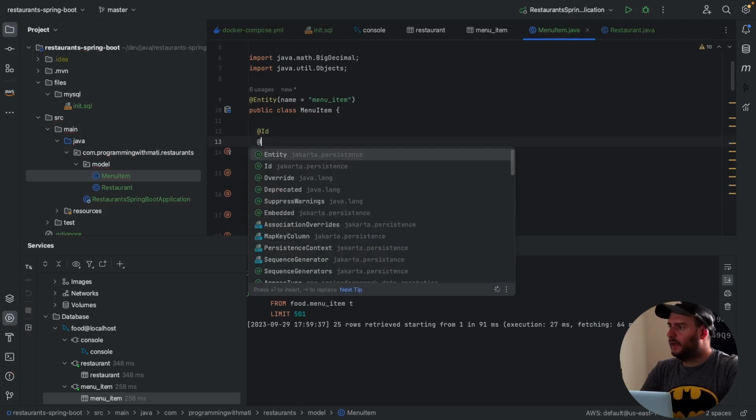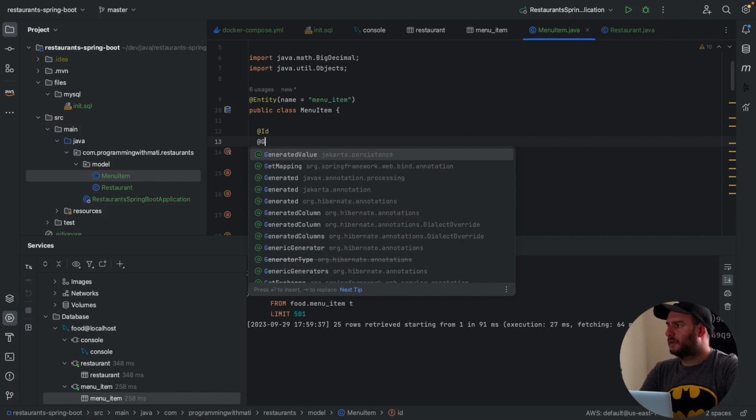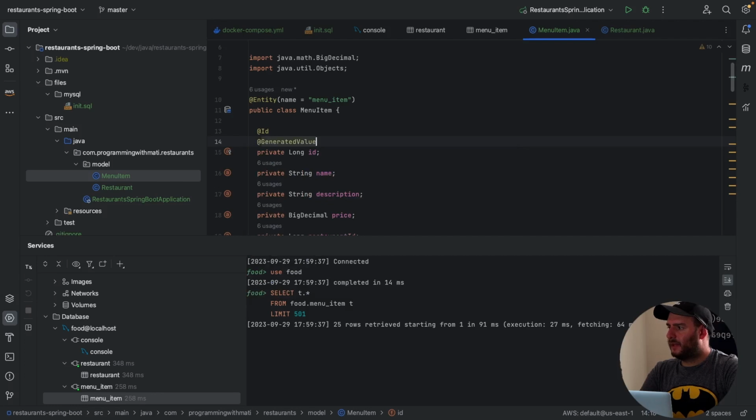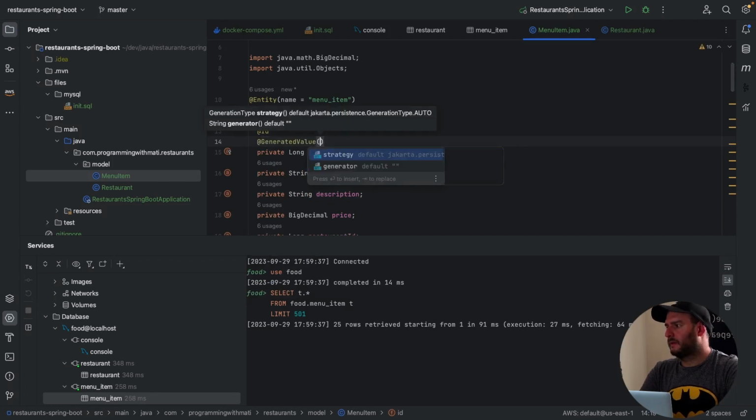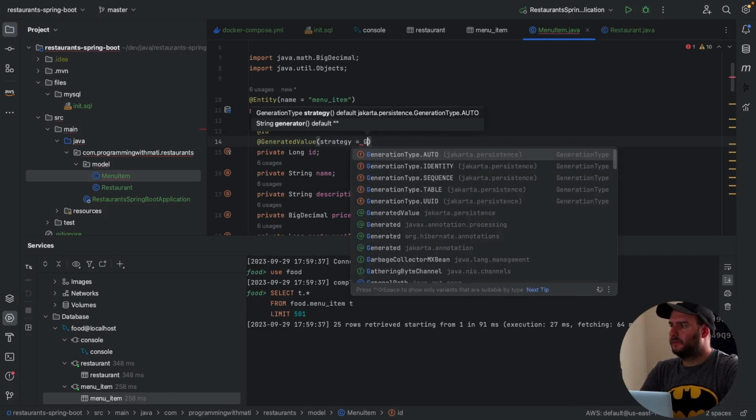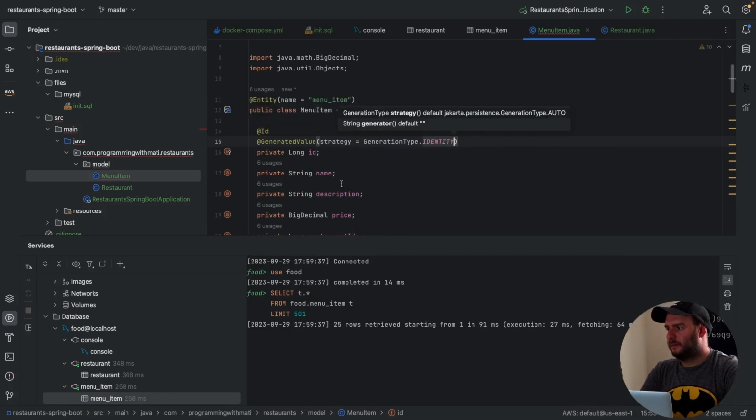I'm going to tell Spring Data that this is auto-generated, that we are not going to be generating it on our own. So this is a GeneratedValue, and the strategy we are going to use is identity,